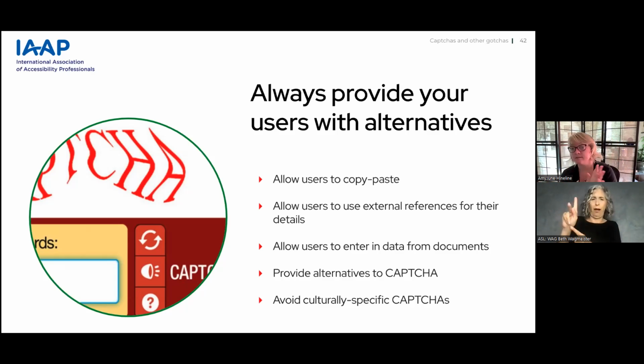There's a partial image of a Captcha up here, but we can see that there's an input box. We can see that there's a letter challenge at the top, but on the side, there's a bar that you can refresh the image if you couldn't understand the first image. So maybe that would help. There's also an icon so you can hear it. So you'll be able to hear the letters and then be able to type them in. And then there's a help button there that, some of the times, allows you a different way to input, gives you an alternative.